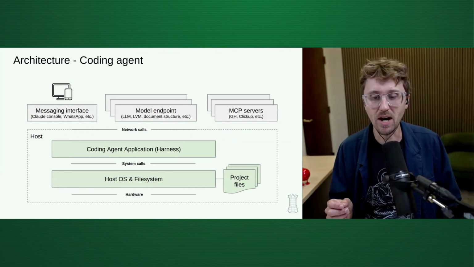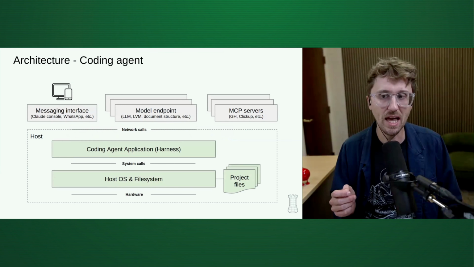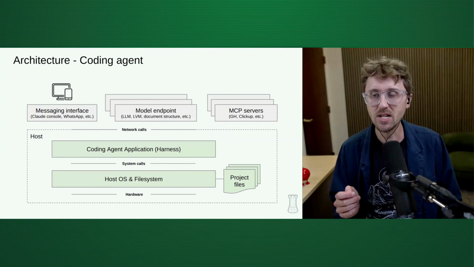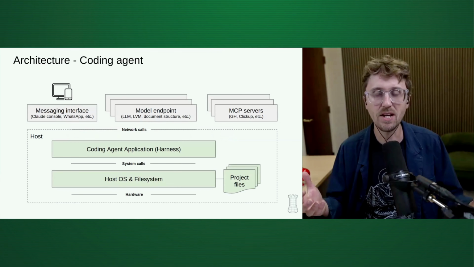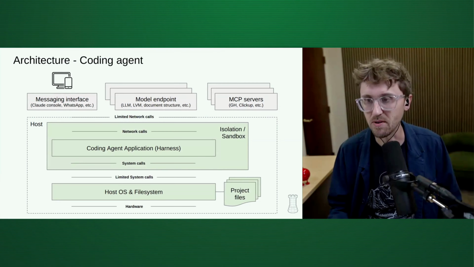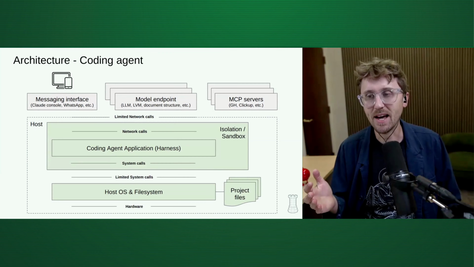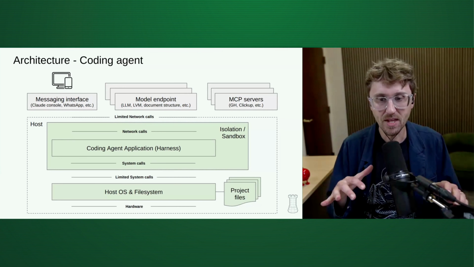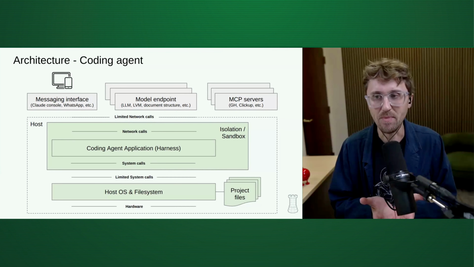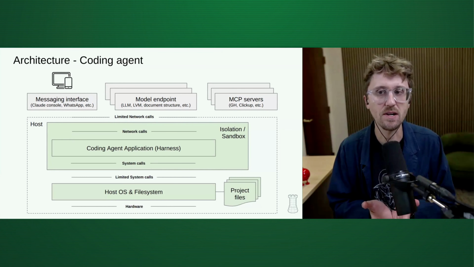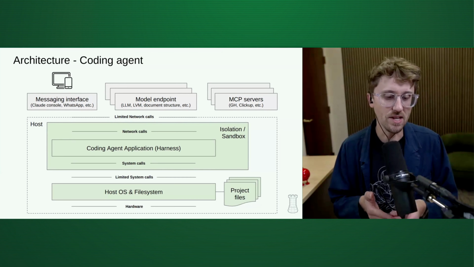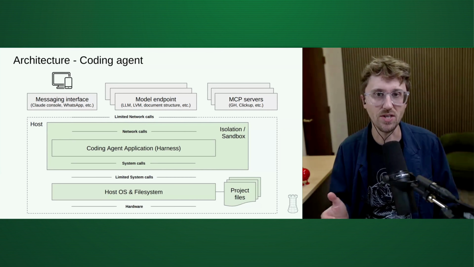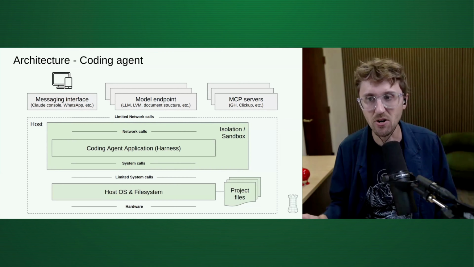And so we actually want to think, in terms of this blast radius, about the coding agent, the host that it's on, and how to isolate that coding agent such that it operates with only the limited set of agency that we want to provide it. And the way to do that is actually to sandbox or isolate that coding agent within its own environment, which has limitations around system and network calls. So there's various ways of doing this with various types of infrastructure, everything from software containers to micro VMs.